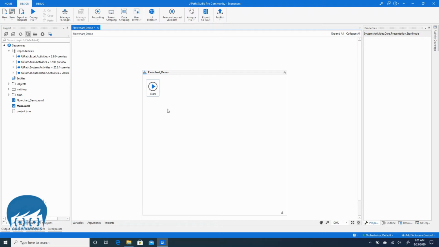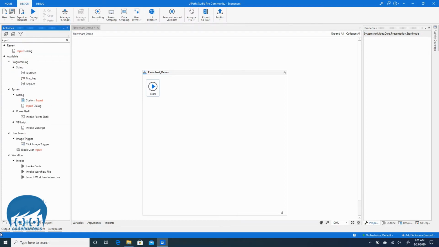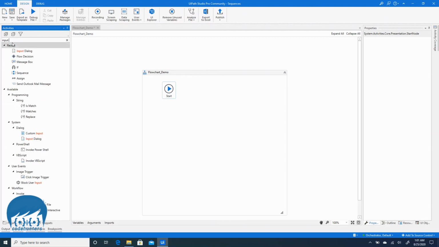First, we need two input dialogs. Let's search for it on the activity panel. Input dialog. Let's drag this input dialog into our design area. If you drag and hover over these little triangles, it changes color, which means if you let go over them, it will connect to that side.